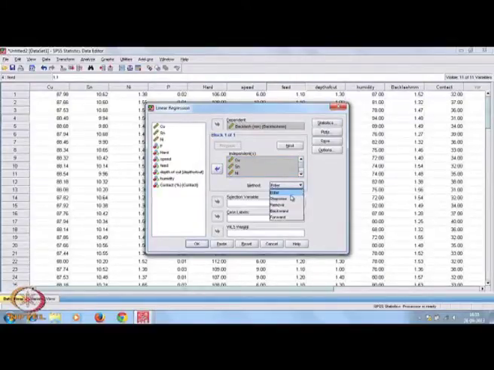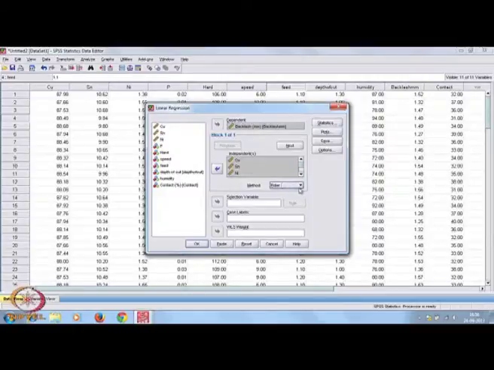The methods are enter, stepwise, remove, backward, forward. These are basically different types of treatment for the inclusion of independent variables. If you say enter, all independent variables will be taken at a time and the estimates will be given.